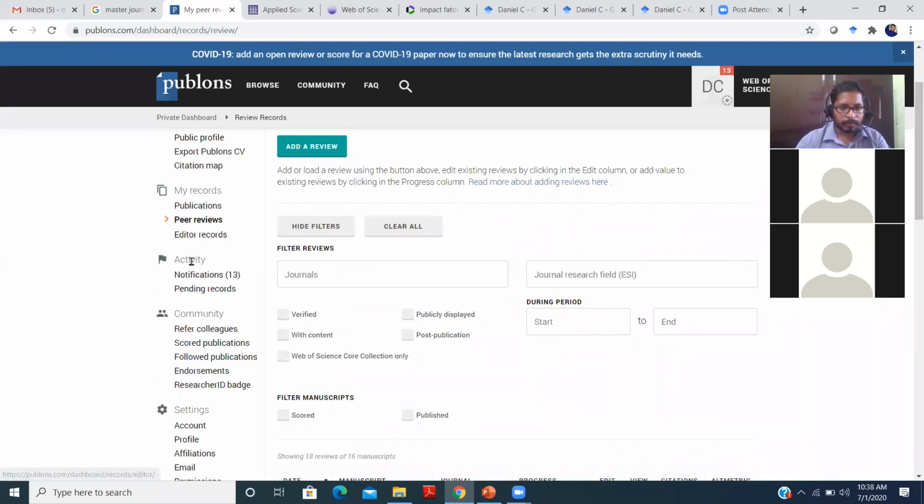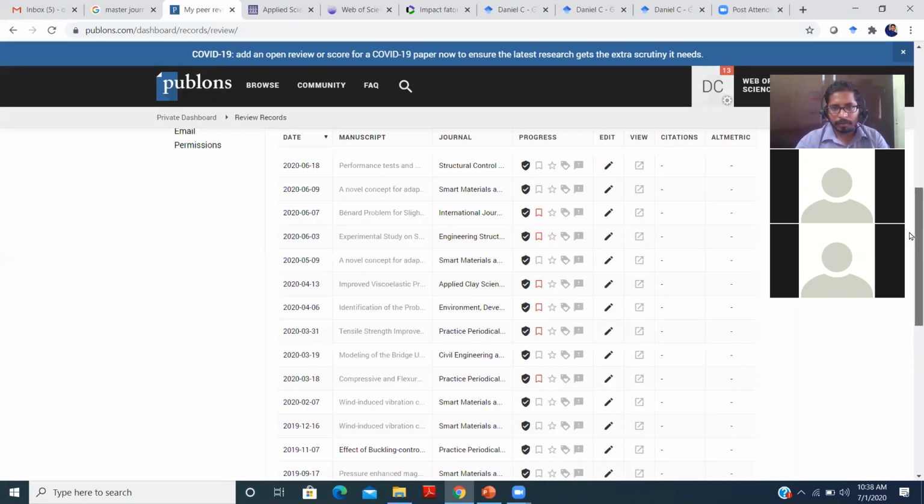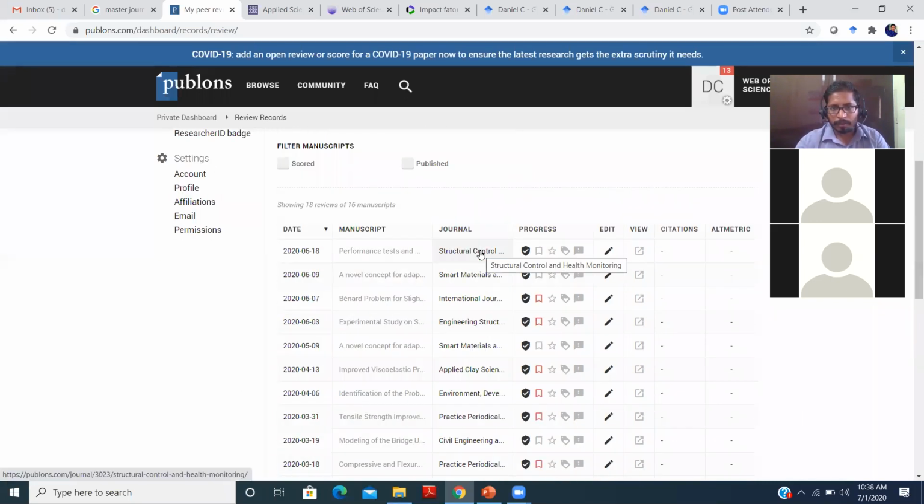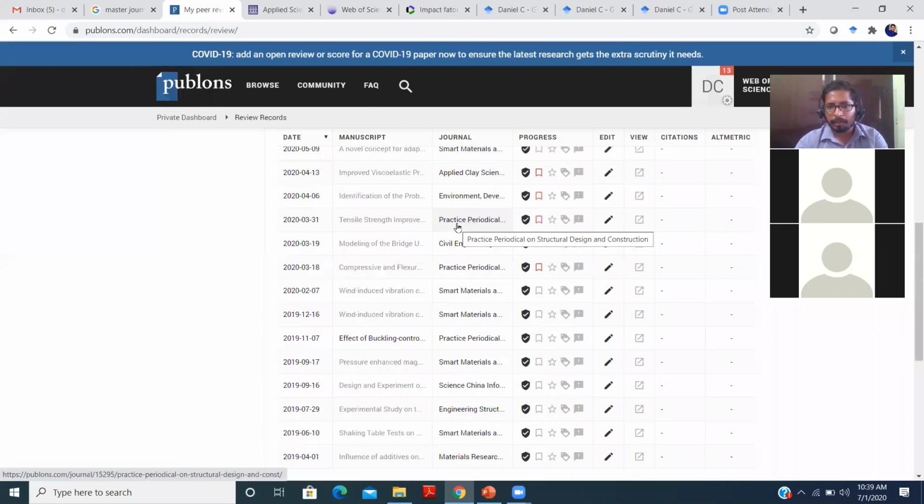So these are all the articles. The journals are Structural Control and Health Monitoring, Smart Materials and Structures, Engineering Structures, Applied Clay Science, then the American Society of Civil Engineers Practice Periodical.